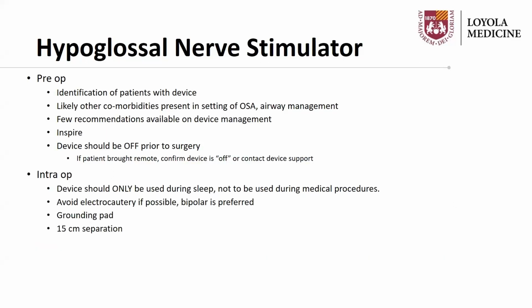However, if used during surgery, unipolar electrocautery should be avoided, as heat energy can be transmitted through the lead body and may cause nerve damage. But if electrocautery should be used, bipolar is preferred, and grounding pads should be placed such that the current path is transmitted away from the device. And it's recommended that at least a 6-inch or 15-centimeter separation be between the device implant site and the area